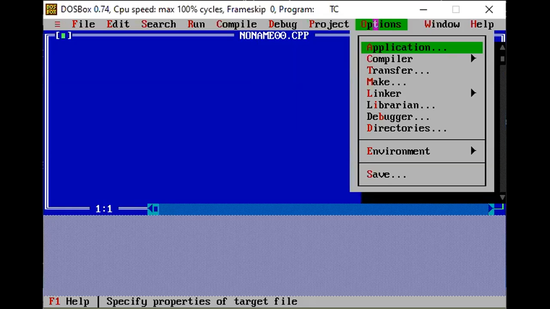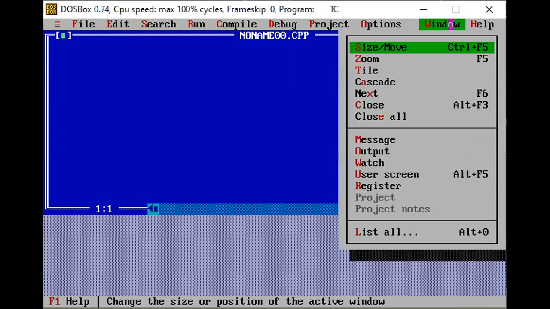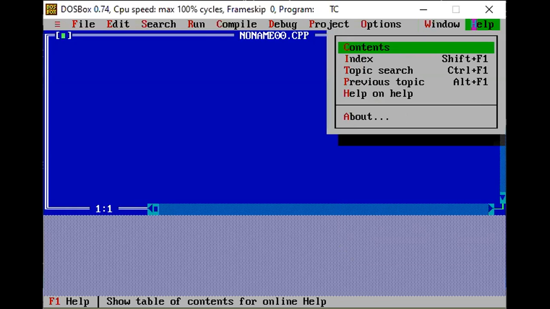If you want to see the directories and the library functions of C, then you have it over here. In Window, you can zoom in or zoom out, and what you see below is a message box. A Help option is there, which will take you to the previous topic, the next topic, or search for the things that we require in our program.